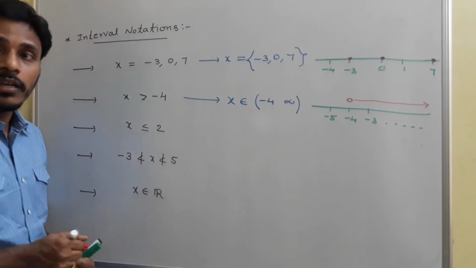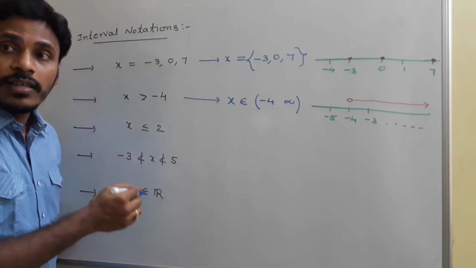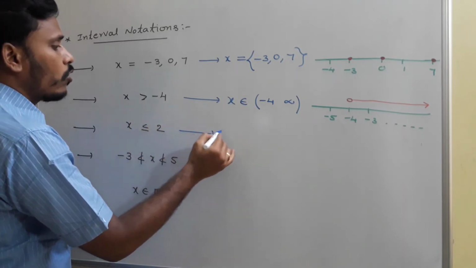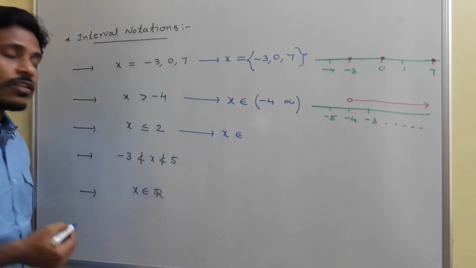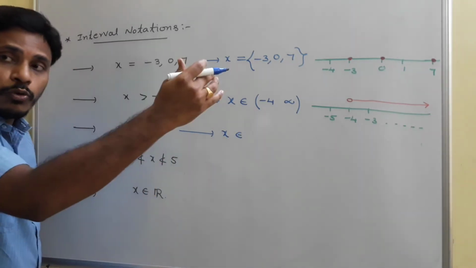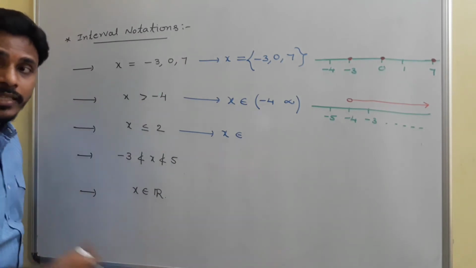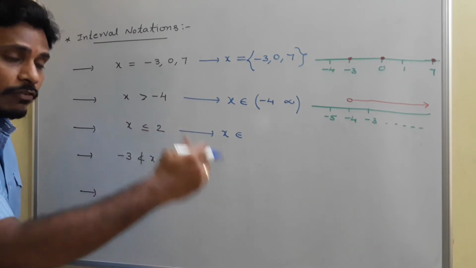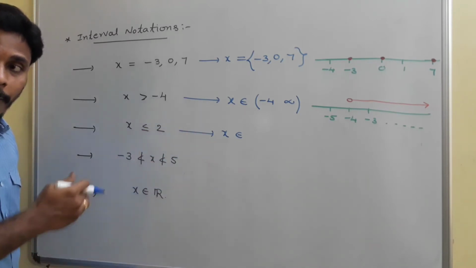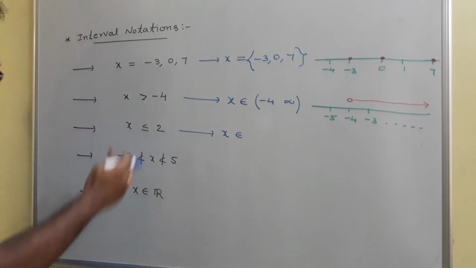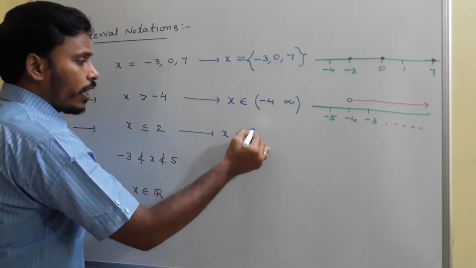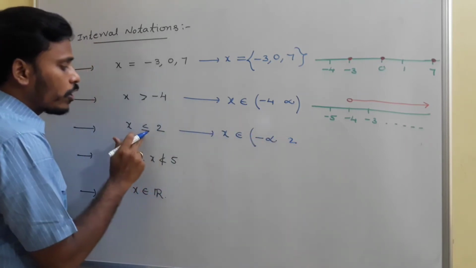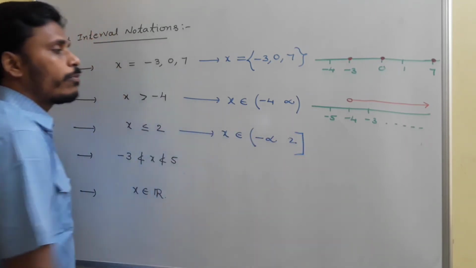X values are less than or equal to 2. The values of x are less than or equal to 2. That means they start at 2 and every value which is less than 2 is also a solution, okay? So in this case, x belongs to from 2 every value which is less than 2. The values less than 2 are simply 1, 0, minus 1, minus 2, minus 3, and like that we need to go up to minus infinity. That's why the solution starts from minus infinity and goes to 2, okay? And since 2 is included here, we need to take a closed bracket there.